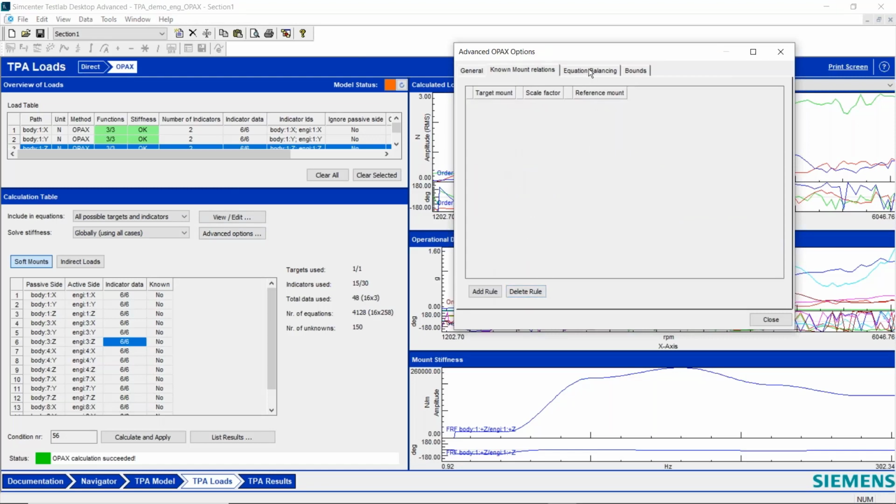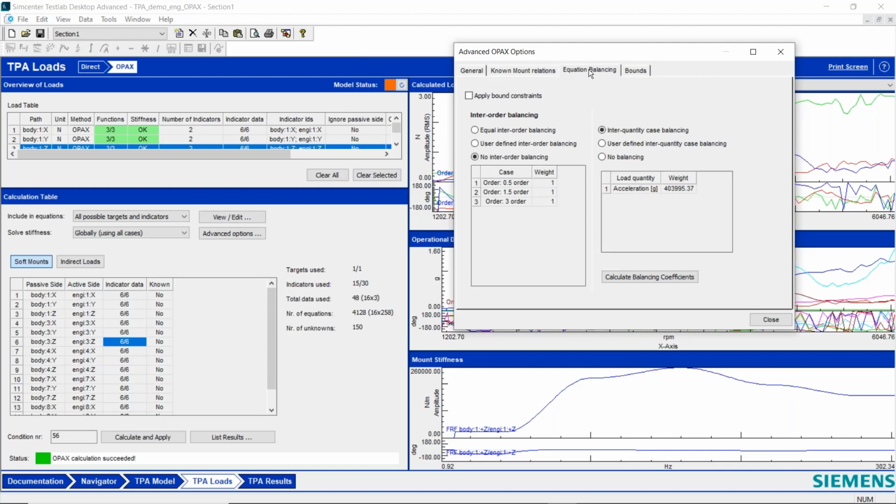unknowns. Under equation balancing, we could calculate the energy in each of the orders and then scale by that RMS energy to try to get all of the orders to have the same energy. And we don't suggest doing that because personally, if I have a dominant order, I want it to carry more weight in the calculations. But that's one thing we could do, is I could tell it to have equal order balancing. Then basically we're going to scale down the dominant order and scale up the less dominant orders. We don't suggest doing that, so that's why the default is no.